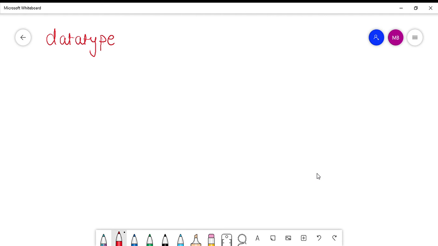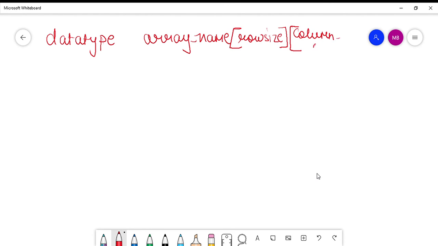Then you give the name of the array, then you give the row size. The first dimension would represent the total number of rows or the row size of the array, and the second dimension would represent the total number of columns or the column size of the array, and then finish it with a semicolon.